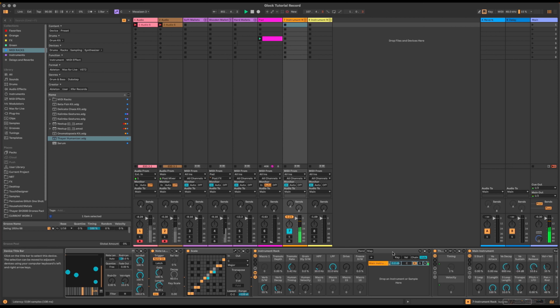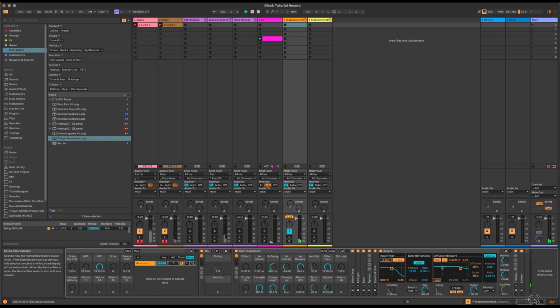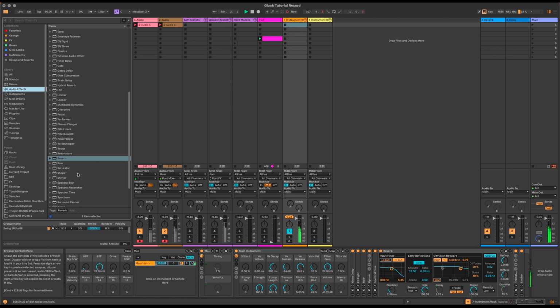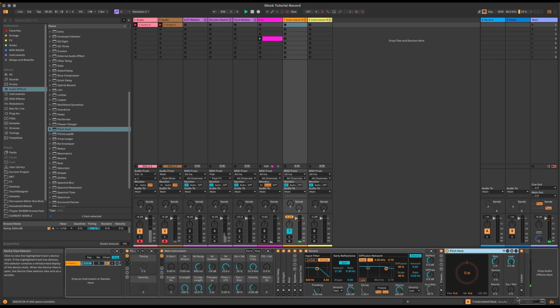Right, let's add a reverse, a little pitch hacky thing, and let's put that after the tremolo. So I'm going to go to audio effects. We're going to bring in pitch hack. Going to put that in here. So we have